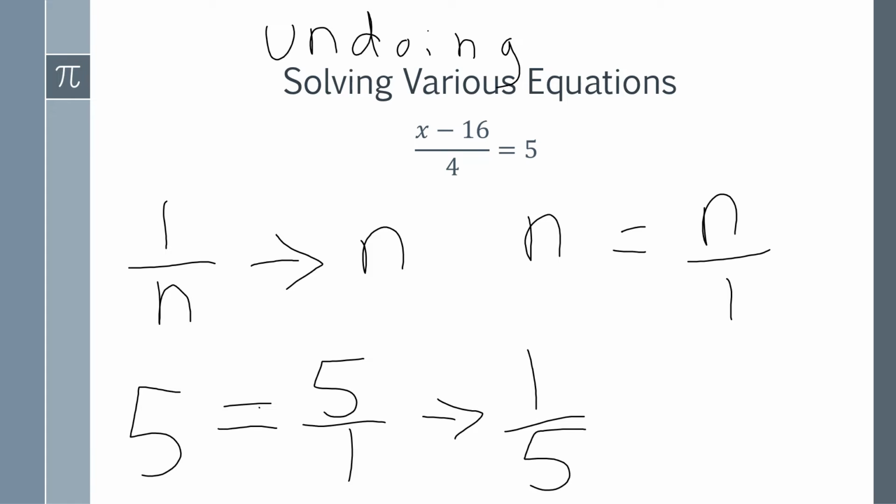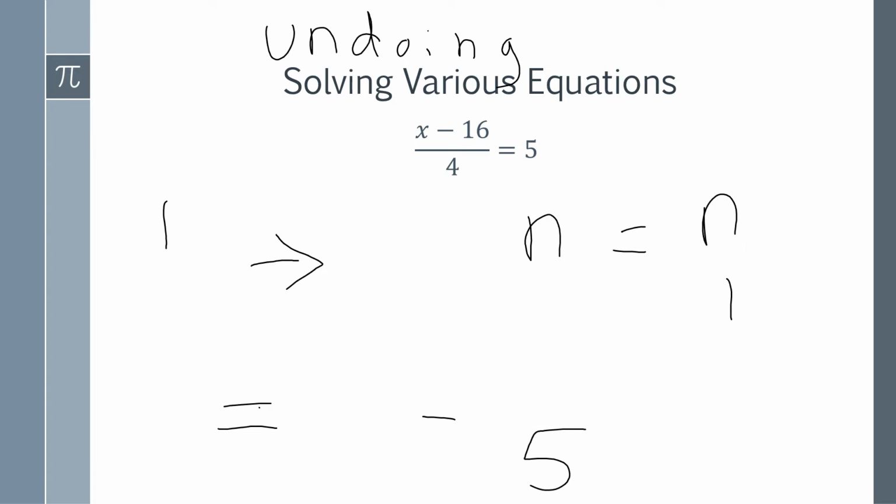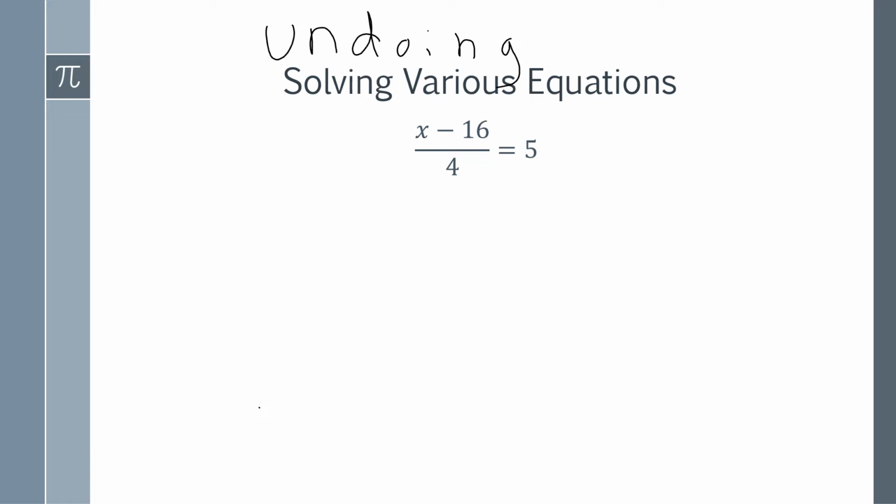To get x by itself. Undoing. So let's go ahead and undo all of this. So again, we know for a fact that a fraction is written as division. So what's the opposite of division? Multiplication. So therefore, to get rid of it, you're going to multiply